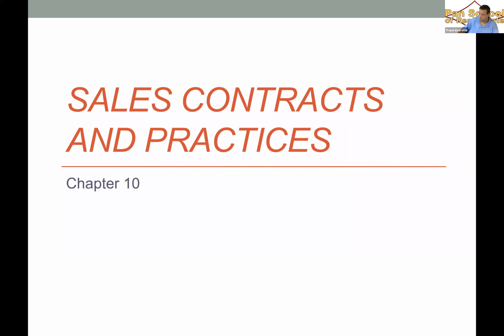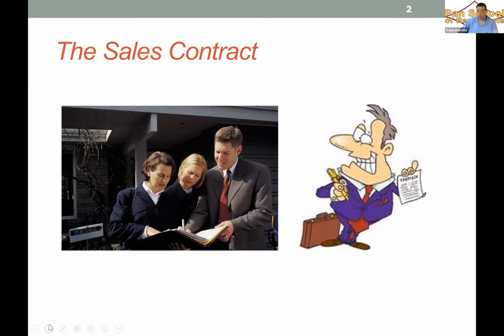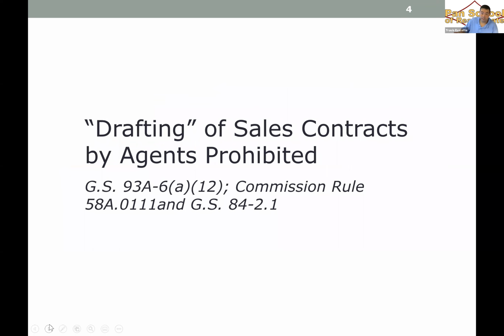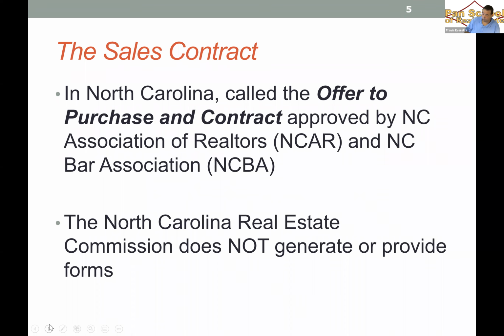That's what we're going to focus on in chapter 10, because we're going to focus on the NC Realtors version of the contract. We already talked about how important it is to have a contract in place because it lays out all the terms of the agreement and what the two parties have agreed to do for each other as the buyer and the seller. And just as a reminder, as we just left off before the break, we are not allowed to draft contract language. We can simply fill in the blanks on forms that have been pre-printed for us. In North Carolina,